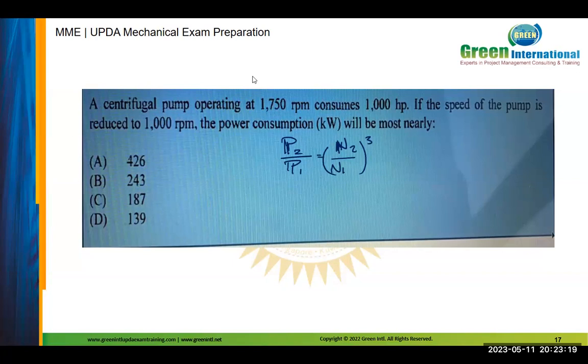Anyone got the answer? Okay, no one. Power 1 is 1000 horsepower. What is given? RPM from 1750 RPM to 1000 RPM. So power 2 required by power 1,